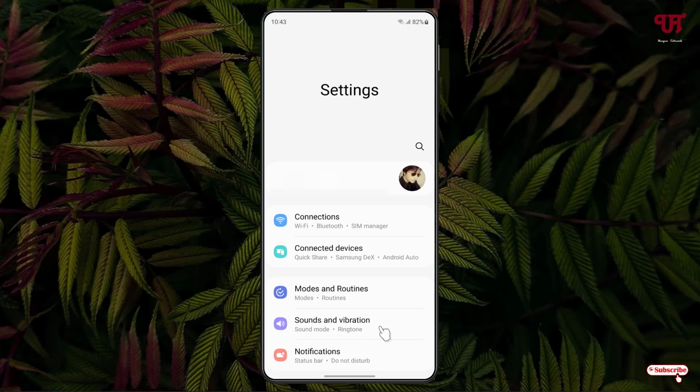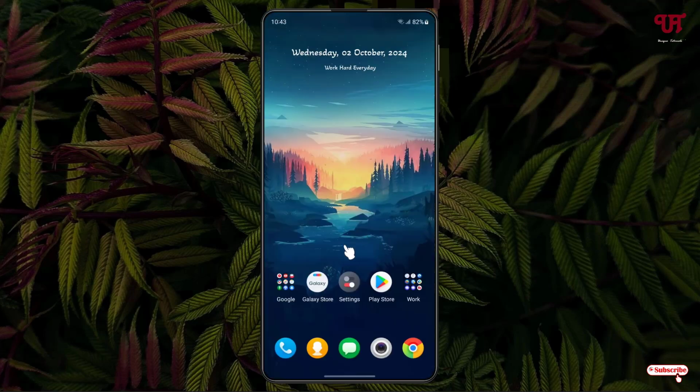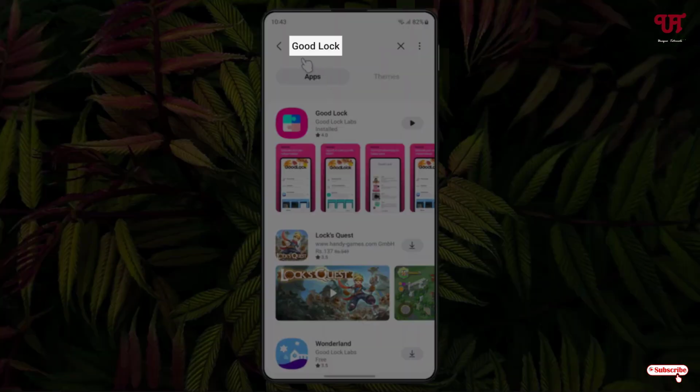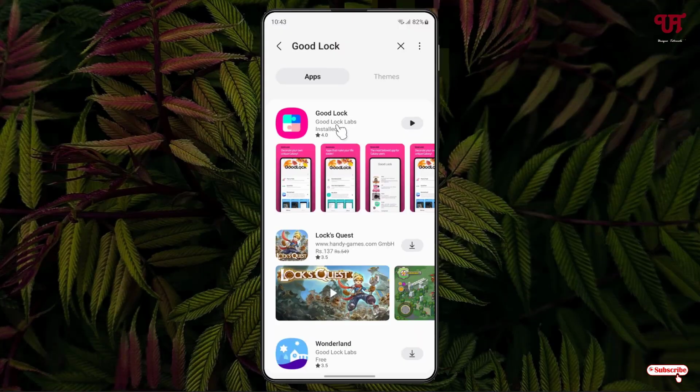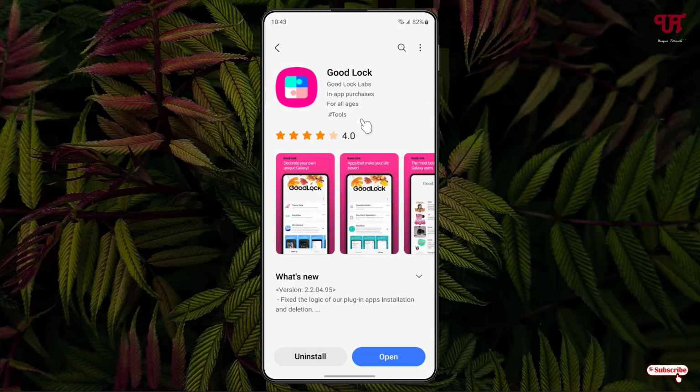So in order to modify or remove any settings menu list, what you need to do is firstly open the Galaxy Store and search for an application named GoodLock. You'll see the application, just click on it. As I've already downloaded and installed it, I'm not going to do it again. So firstly download and install it, and if this GoodLock is not available for your respective Samsung smartphone, then